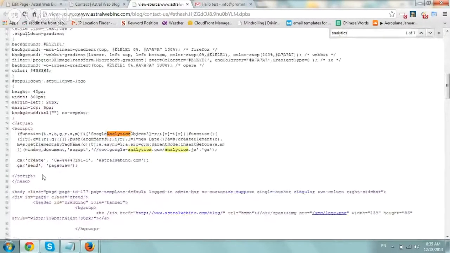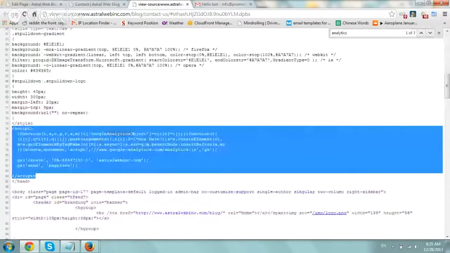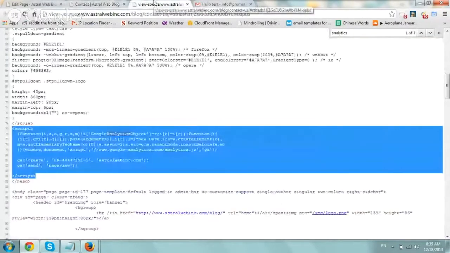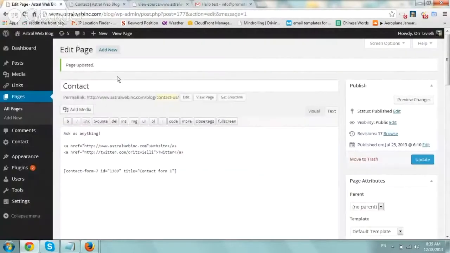You see we have the analytics tracking code right here, right? This is actually universal analytics, the latest one, right? So now if we want to track every time a form gets submitted correctly, and we want to know that as a goal or as event tracking, so we can know who came, which mediums or which visitors came from which area and actually contacted us or did some kind of event, what we would do,